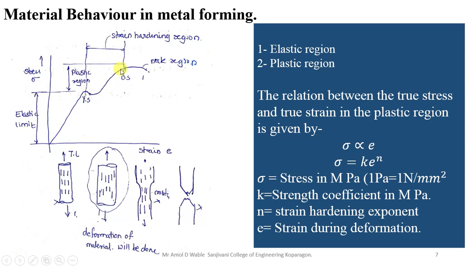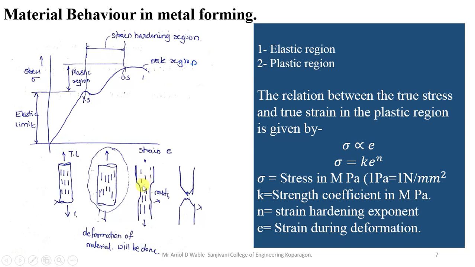Further, when you increase the load to some extent, this point we call the yield strain, and the last point within the plastic region we call the ultimate strain. After that the graph goes down. This is the maximum strain that the material can sustain, so we call it the ultimate strain. And as the plastic deformation starts, we call this yielding, so this point is named the yielding strain.